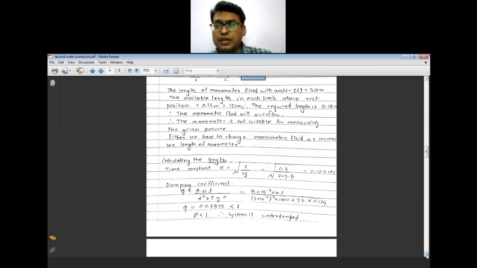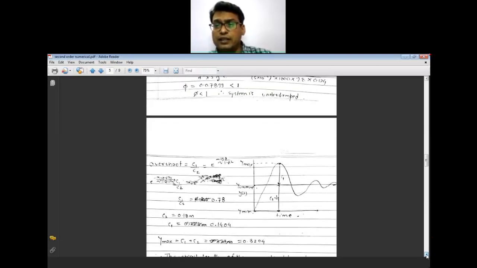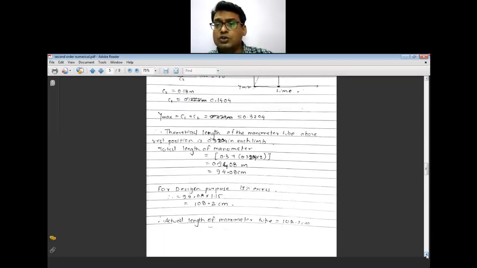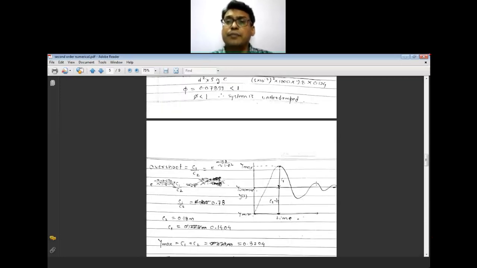So what is happening with the phi values? Phi comes as less than 1. The system is under damped. So again there will be a rise. Phi maximum will be there. So these are the different actual lengths of the manometer tube required here, that comes as 108.2 centimeters, because of the tube diameter. So all these variations can be done for the simple numerical associated with the